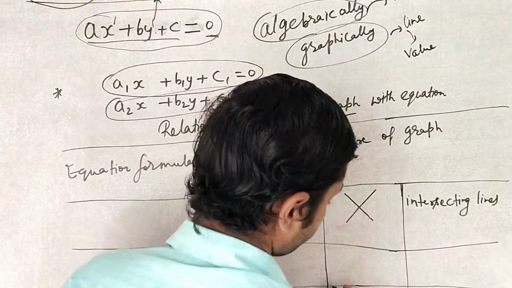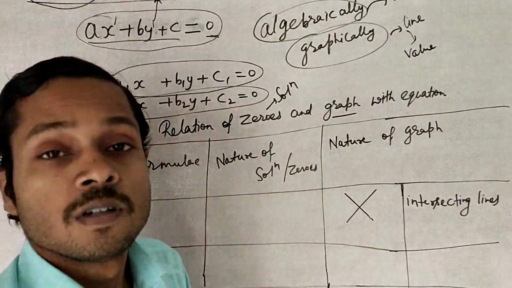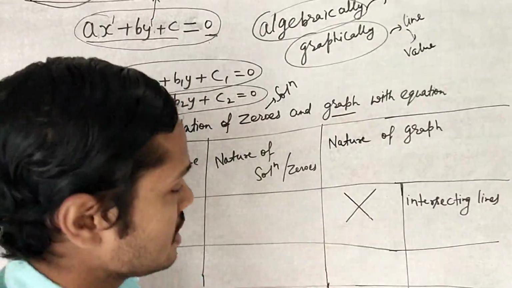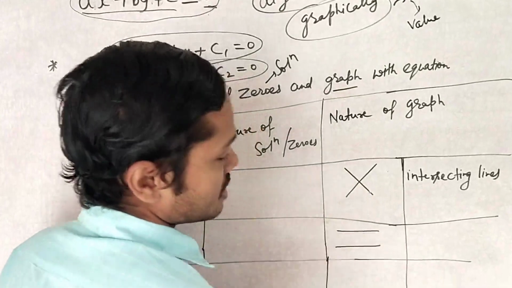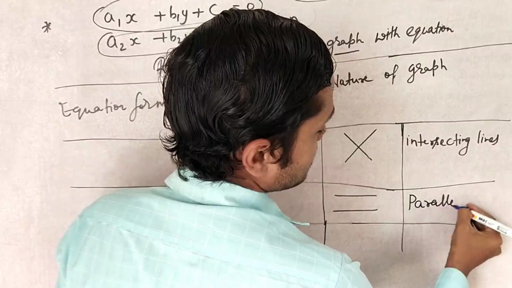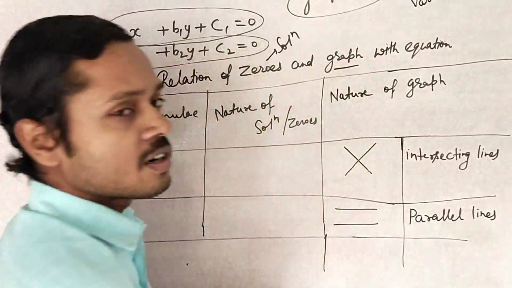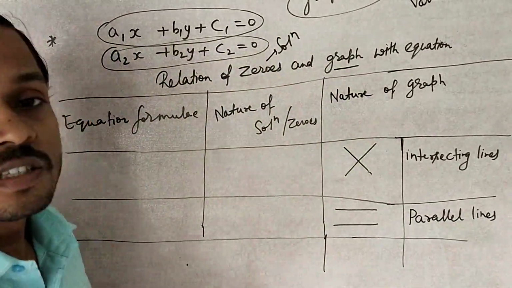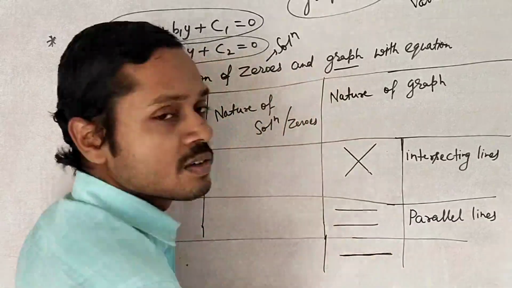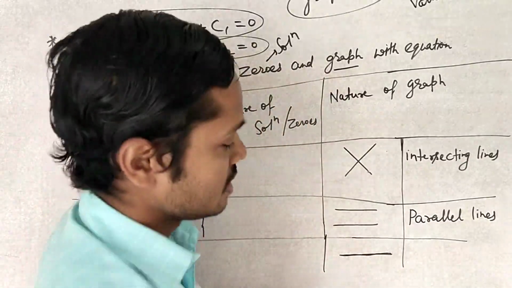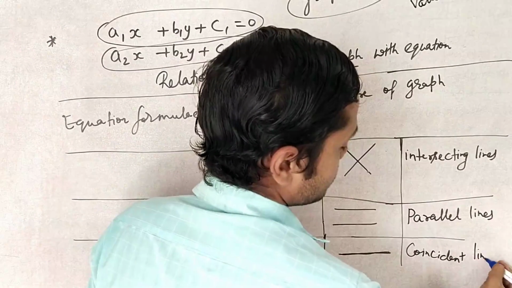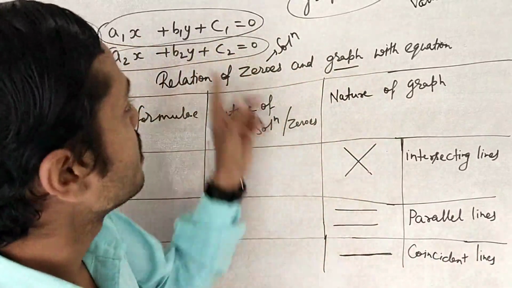Look at that. It may be possible that both of the lines cannot intersect. It may be possible both can intersect. So these are intersecting lines. It can be possible both do not intersect. These are called non-intersecting, means parallel lines. Clear? And the third one, it may be possible that one line and another line are overlapping. This is called coincident lines.